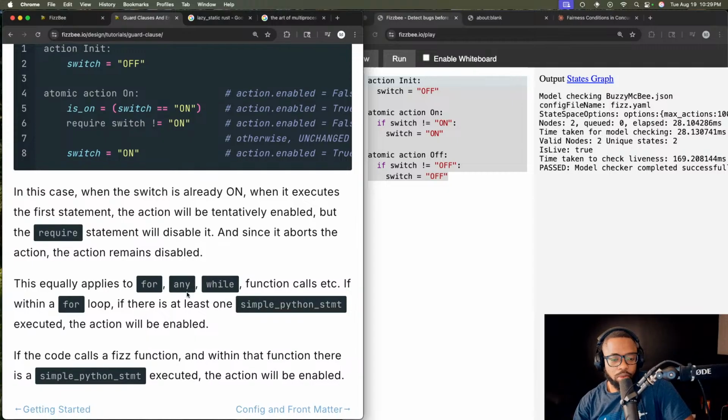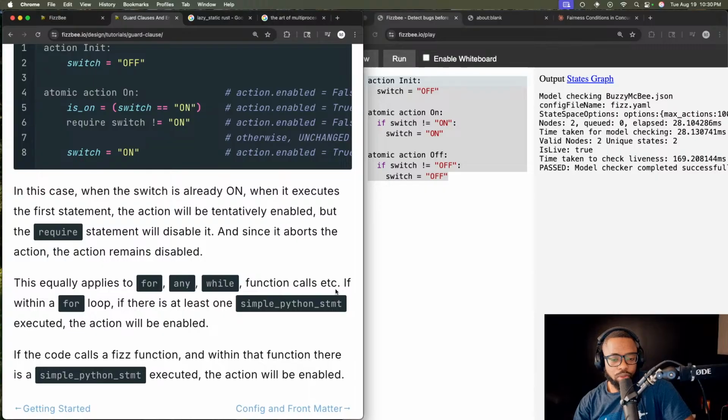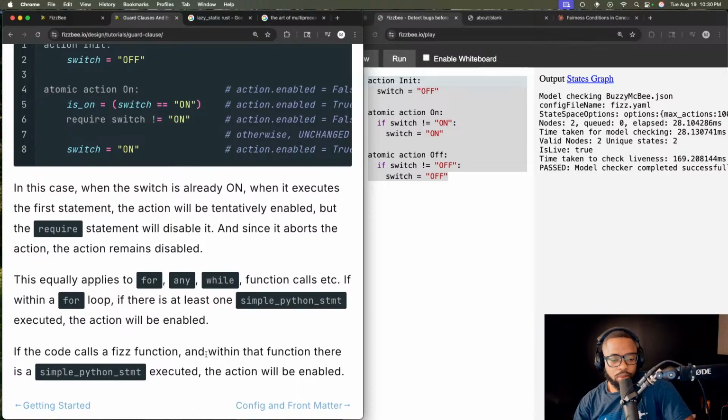This equality applies to for, any, while, function calls, etc. If within a for loop there is at least one simple Python statement executed, the action will be enabled. If the code calls a fizz function,